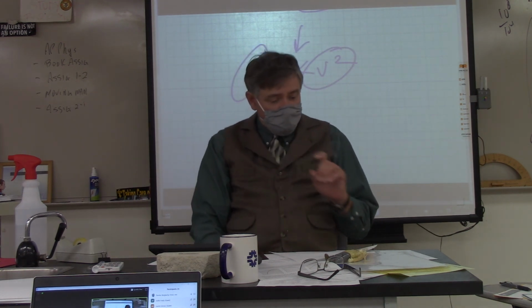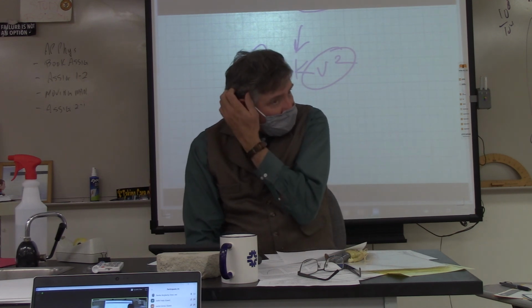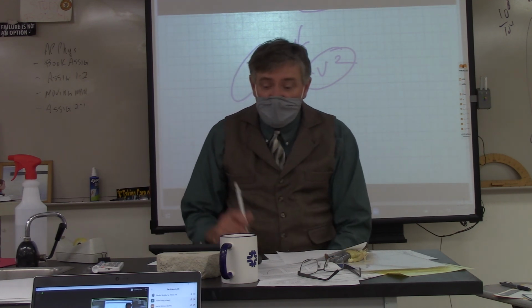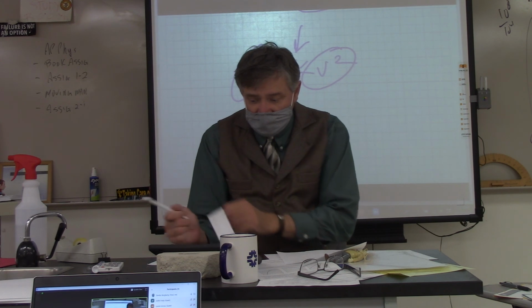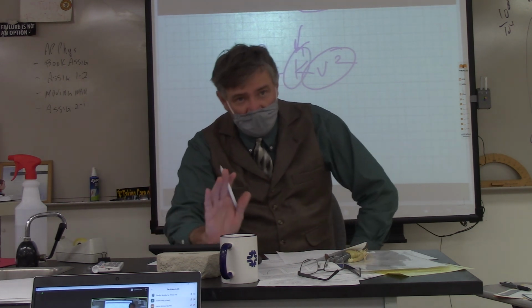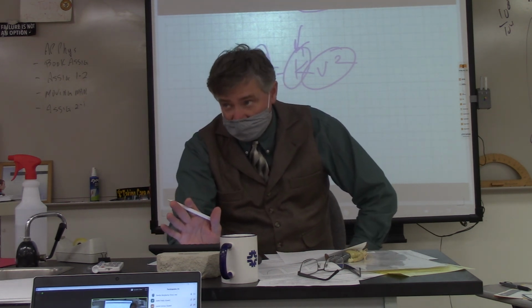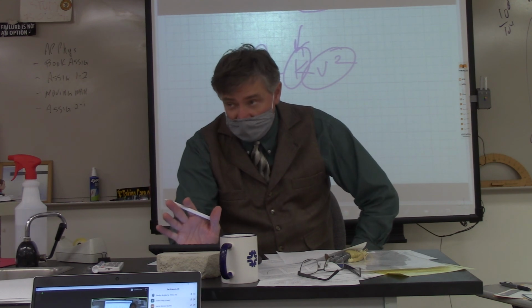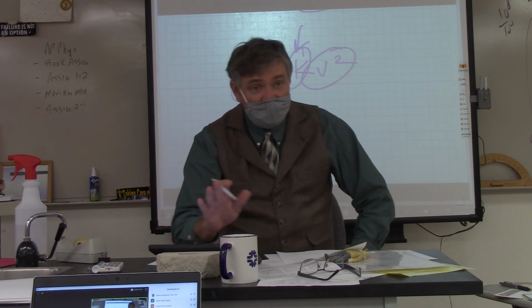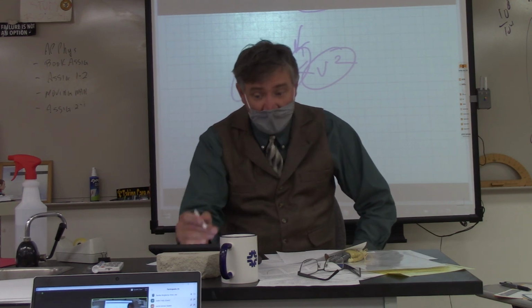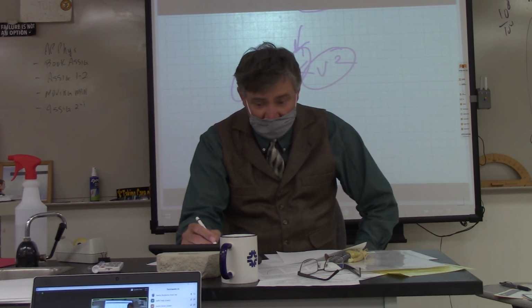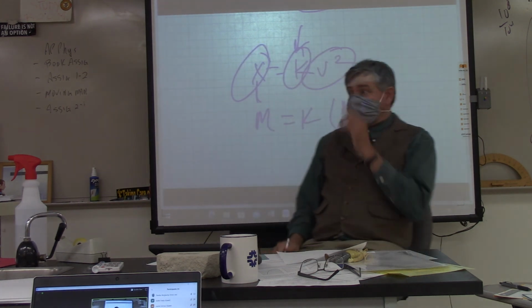So what you want to do on number 4, and this is a process, you want to use dimensional analysis to figure out the units of k. All right, that's what you want to do. You're going to use dimensional analysis to find the units of k. This is a process, okay? So come in here, that's a distance. You're going to have meters, you're going to have k, you're going to have meters per second squared. So what you want to do is